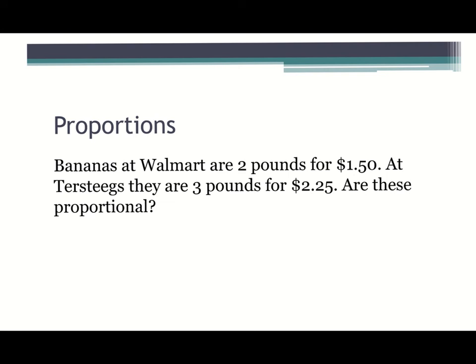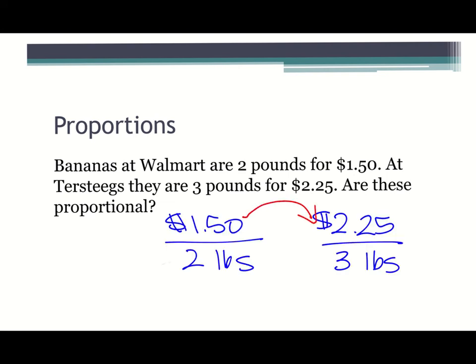So if I'm starting on top here from $1.50 to $2.25, on my calculator, I just plugged in 2.25 divided by 1.5, and that gives me 1.5. So if I would take $1.50 times 1.5, it gives me $2.25. And then I'm going to do the same thing on the bottom. I'm going to take the 3 and divide it by 2. So 3 divided by 2 is 1.5. So that means that both the $1.50 and the 2 were multiplied by 1.5 to give me that new